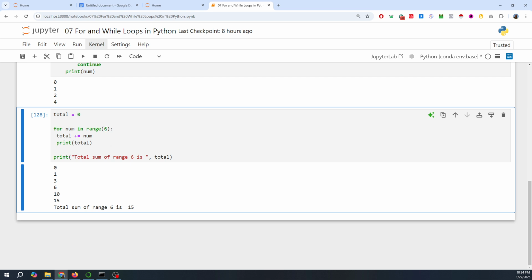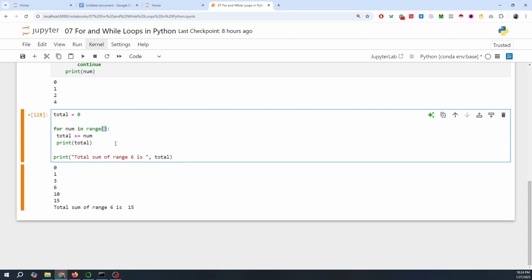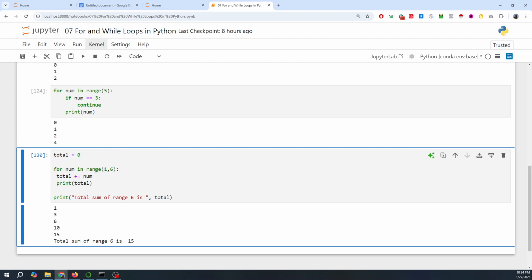We can also make some changes here, like the range is currently starting from 0. We can make it start from 1 up to 6, and let's see, now it's much better. The answer is the same, as you can see. So this is how a for loop is used